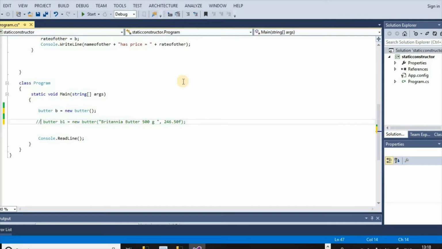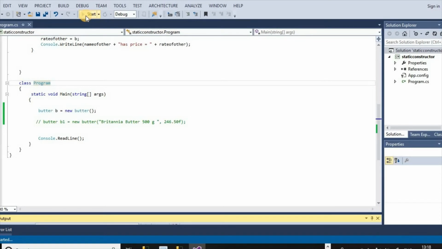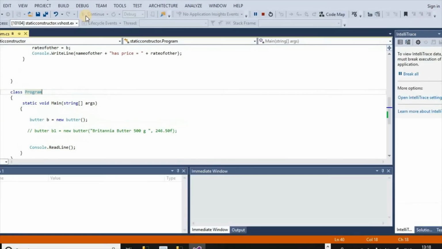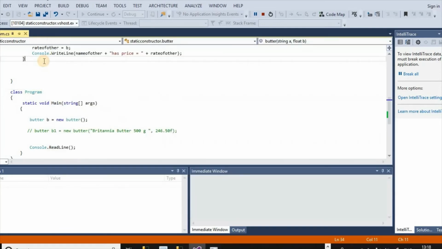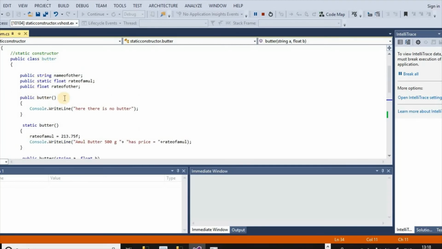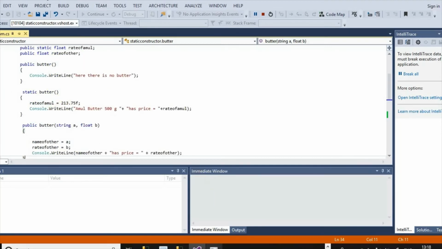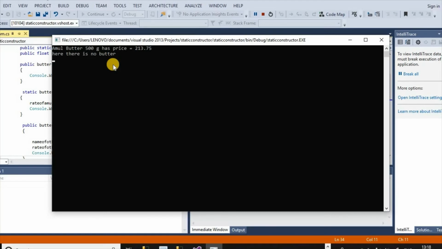If we comment out this object and we execute the program, then the static constructor is invoked first, and then this constructor is called, so we get this result.